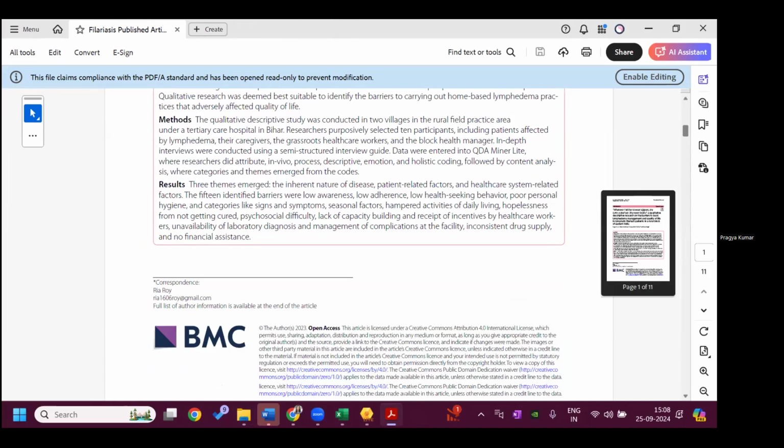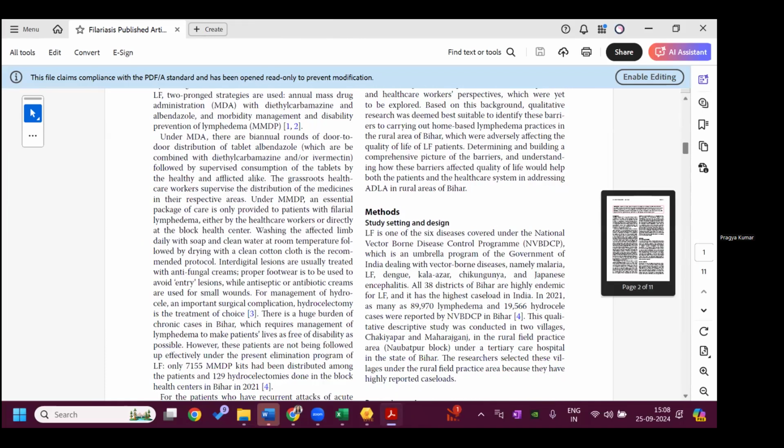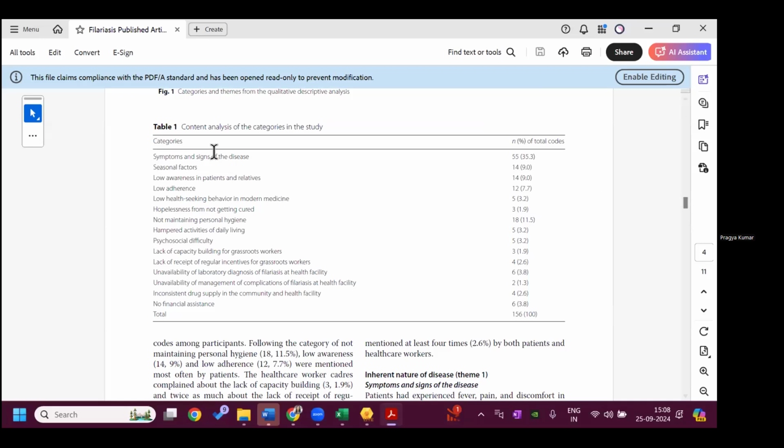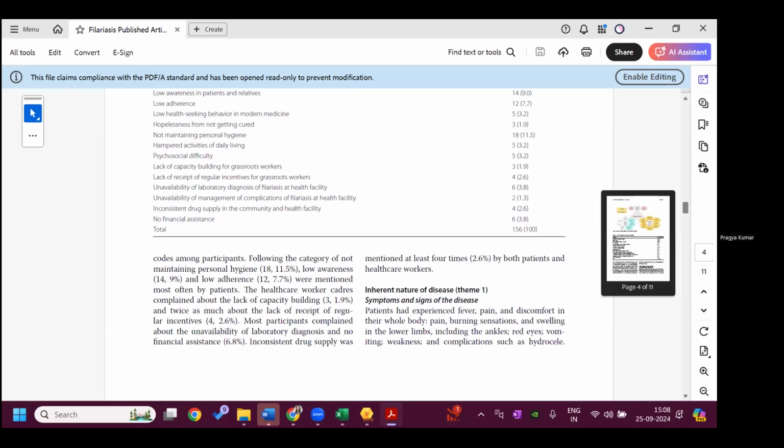I think we have used this quote somewhere. If you come down, see, we have given the quotes like this. Categories are only the major categories, not the finer ones, like symptoms and signs of disease, and the total number of quotes, something like that. The total is 156, and we have taken the frequency, taking the denominator as 156 quotes.